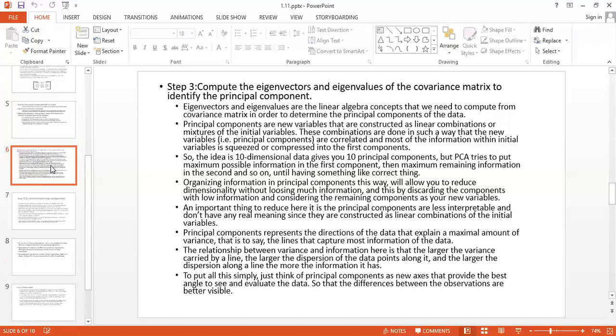Organizing information in principal components this way allows you to reduce dimensionality without losing much information, by discarding the components with low information and considering the remaining components as your new variables. An important thing to note here is that principal components are less interpretable and don't have any real meaning, since they are constructed as linear combinations of the initial variables.